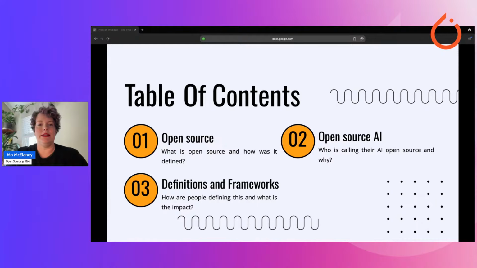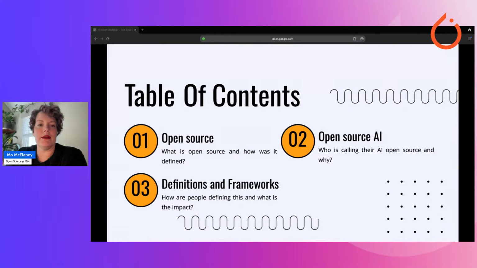So just to jump into a high-level overview of what I'm going to talk about today. We'll talk a little bit about the history of open source, how you can choose an open source project. We'll talk about what is open source AI, what sets it apart from more traditional systems that are black box, closed source.